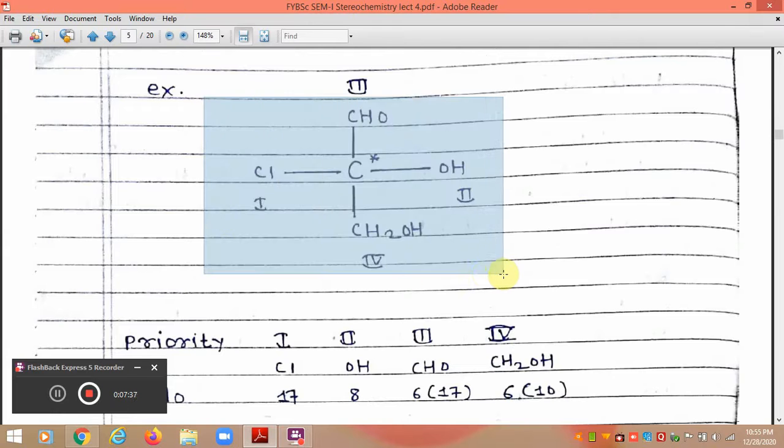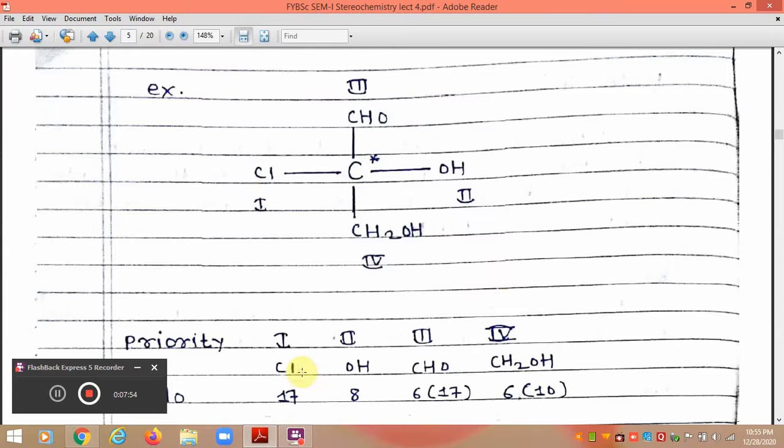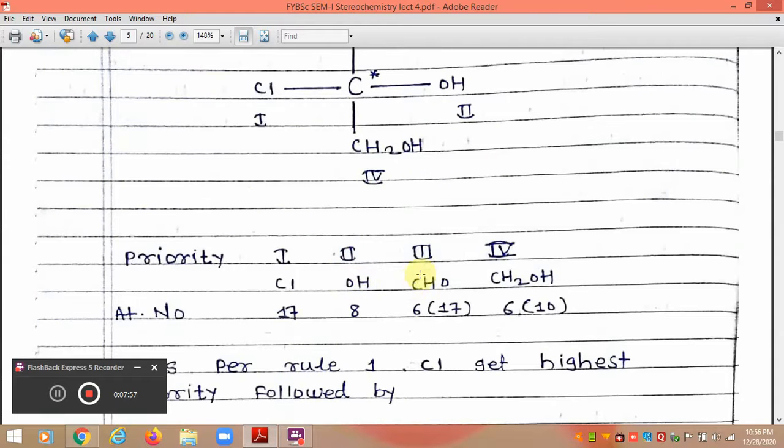Here we will discuss one example. You have to assign the configuration to this asymmetric carbon atom, indicated by a star, and this asymmetric carbon atom is attached to 4 different groups. Which are these groups? The first one is chlorine, the second one is OH, the third one is CHO, the fourth one is CH2OH. Chlorine has the atomic number 17, oxygen has 8, this carbon has 6, this carbon also has 6. So first priority will be given to chlorine, second to the oxygen of OH,